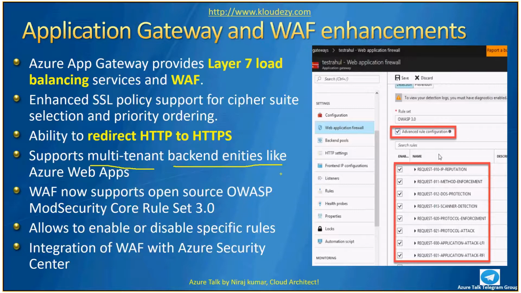Yeah, so this is a very good point about multi-tenancy backend. Earlier, Application Gateway WAF didn't support web app, and for that reason our company went with Imperva, which was one of the tools supporting web app. Now with this new announcement, your Azure web app, which is multi-tenant in nature, in a way that you have a single web server and on top of that multiple websites are hosted, using the HTTP host header to differentiate which website to hit, all running on the same server, is now supported as a multi-tenant backend.